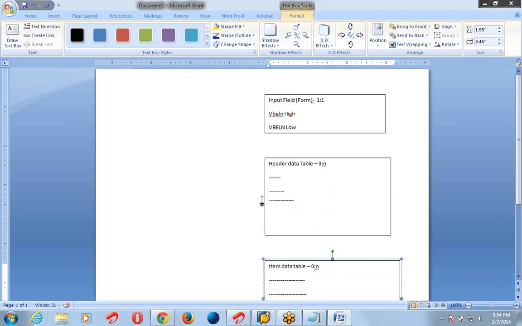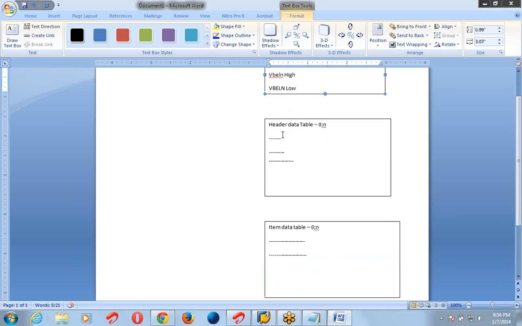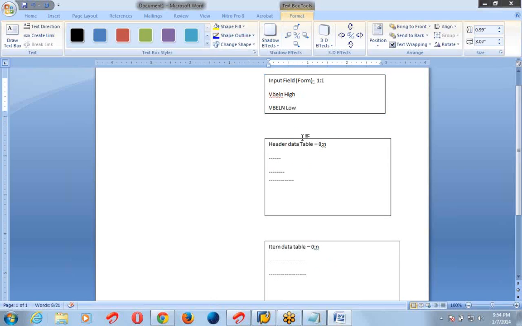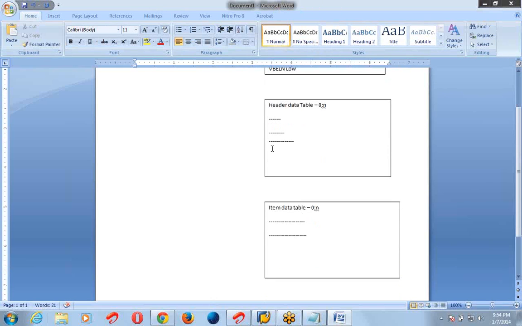It means we have to create three things. One is form, and we have to create two tables. For that we have to create three nodes. One node for the form, second node for the header data table, and third node for the item data table.